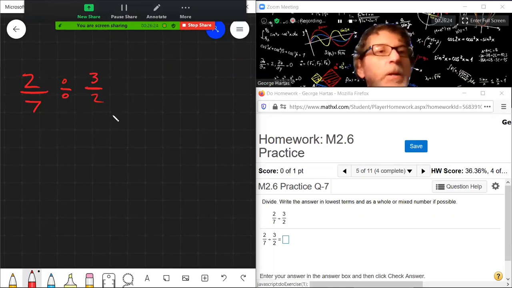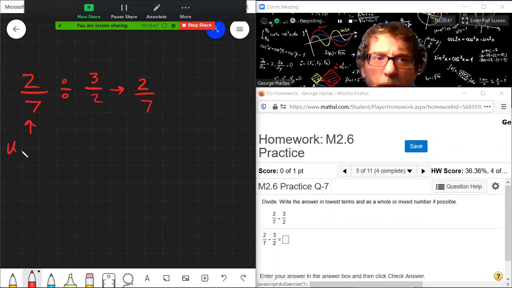All right. So here we go. We're going to keep the left-hand fraction the way it is. This represents the numerator in my previous examples. So I'm going to keep this. I'm going to change